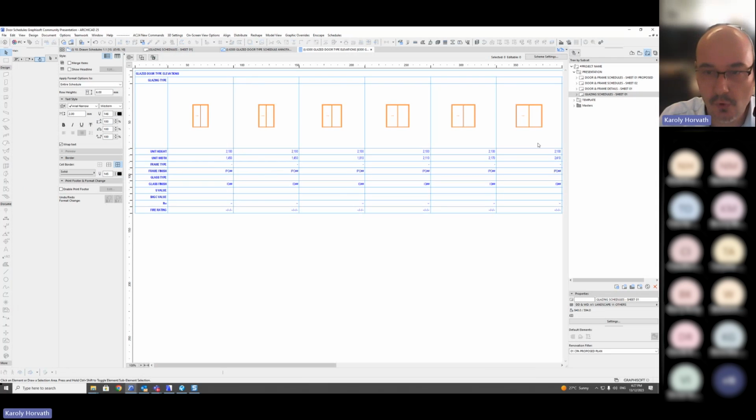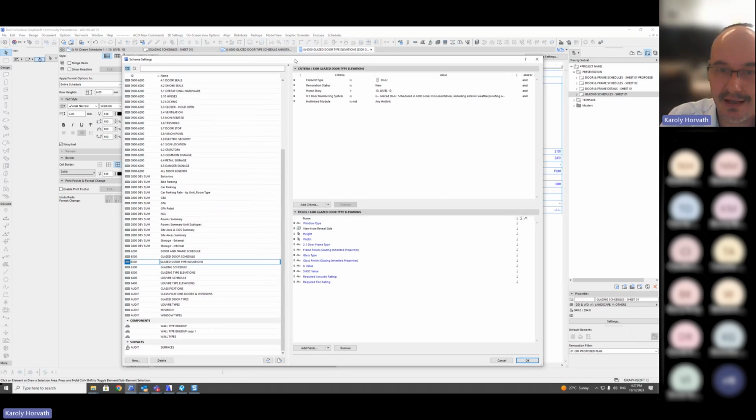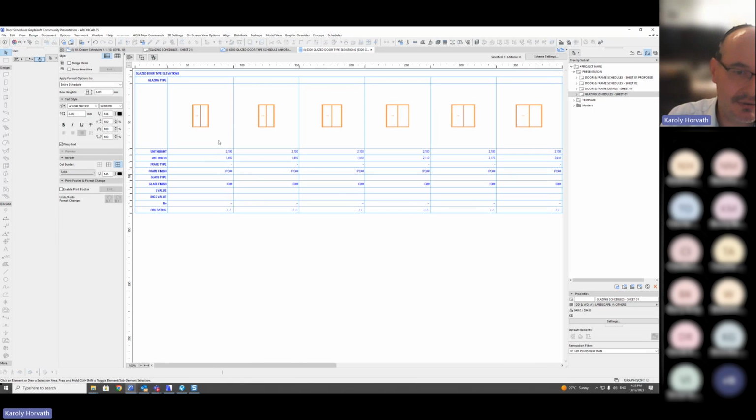That just spits out all the different window elevations or door elevations that we have according to the criteria, which are, in this case, I'm only looking at that one particular level. And I'm also making sure that they are not part of any hotlink, because if they are, obviously I can't edit them. Why would I want to edit them? Because I want to make sure I can create